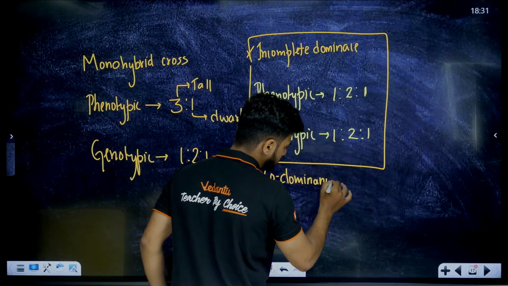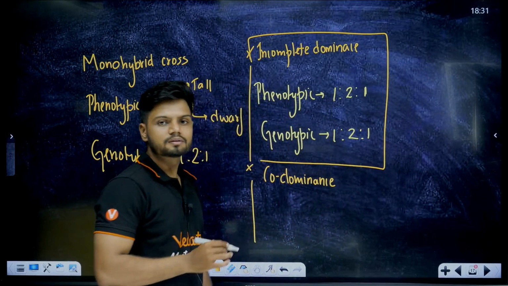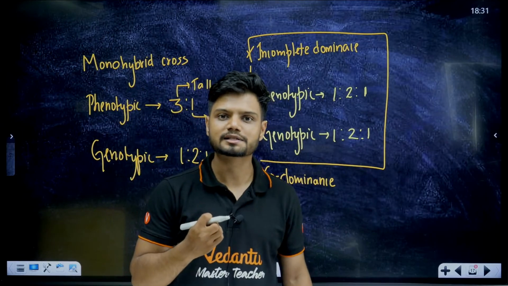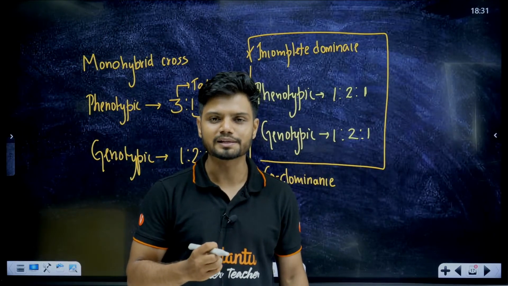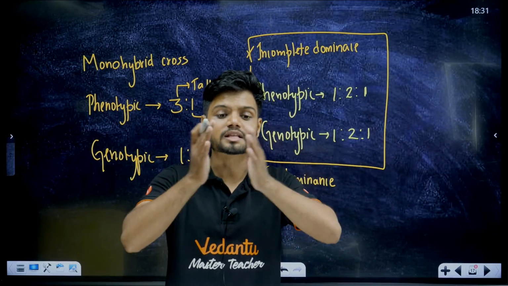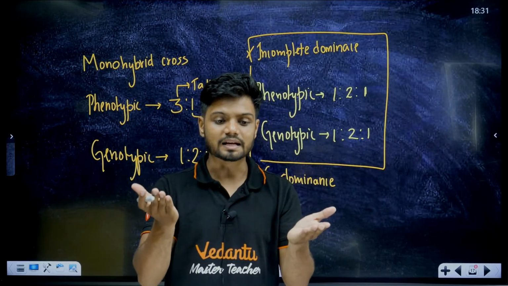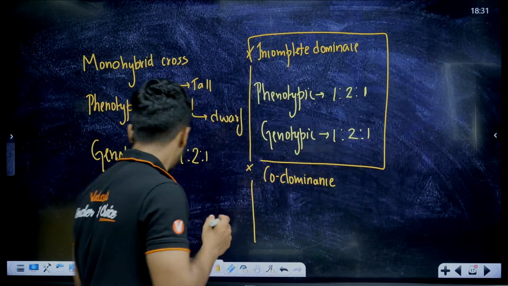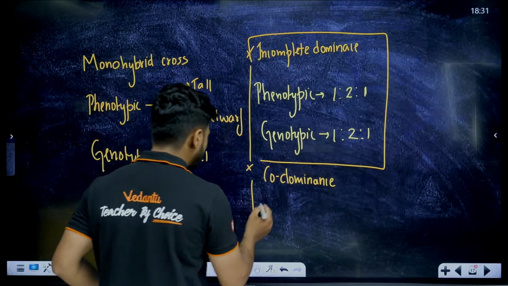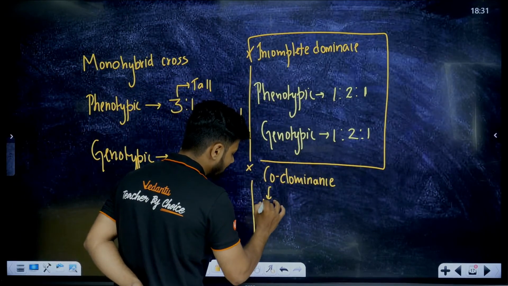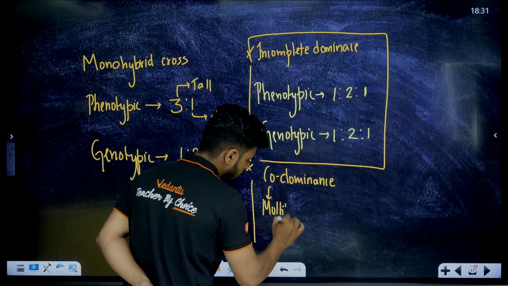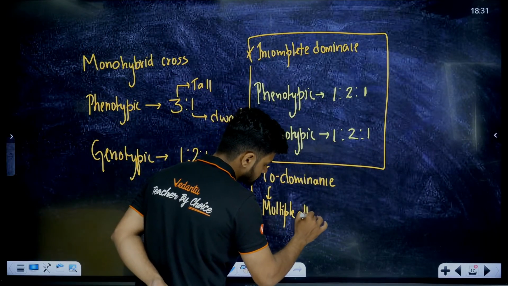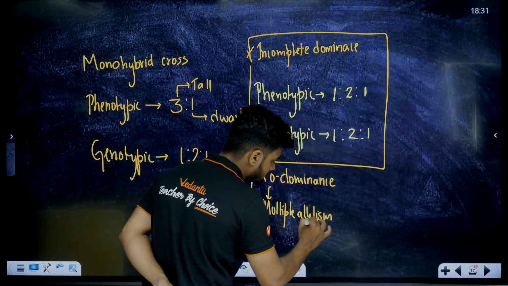In the case of codominance, there are two dominant alleles, and both the alleles are able to express themselves. There is nothing called a recessive allele here. Both are dominant alleles. And here we see a concept called multiple allelism. Example is going to be your